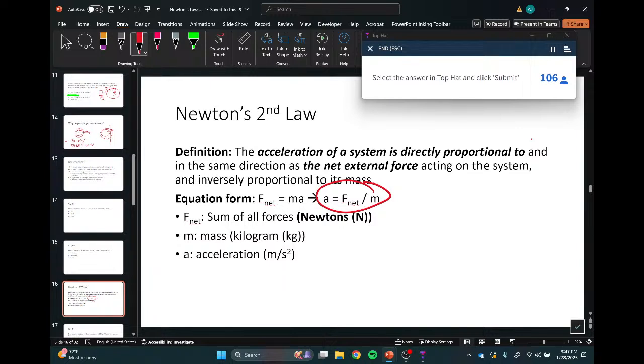I do want to point out this now. F net means add up all your forces. This little symbol here is a sigma. It's capital sigma in the Greek alphabet. It means add. This means add all the things. Sum them up. Whenever you see that symbol, you're going to see it in this class, and you're going to see it in Physics 2. It's our math shorthand for add everything up. Add up all the forces. F net. Net means add them all up. This is the other way we write it. And it turns out if you add them all up, it will equal the mass of the object times its acceleration.